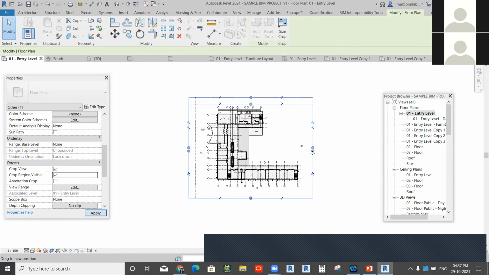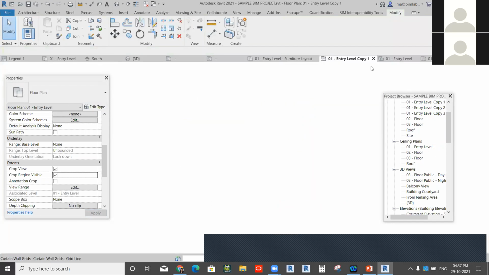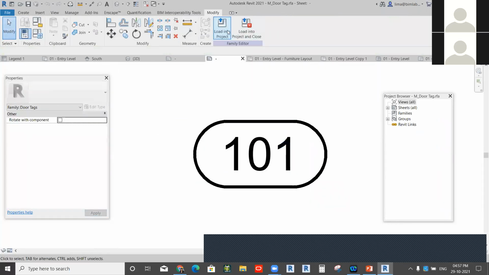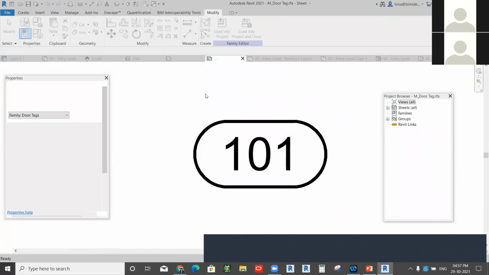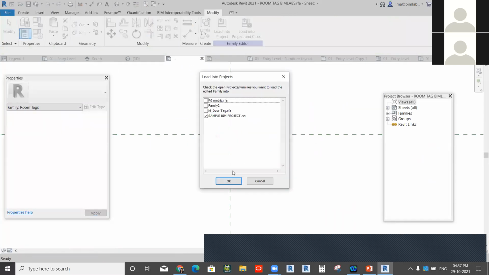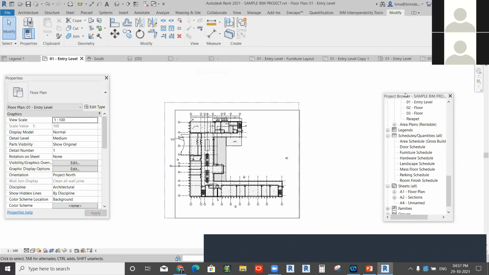So here I am just cropping my view. The sheet will be available in your project browser.